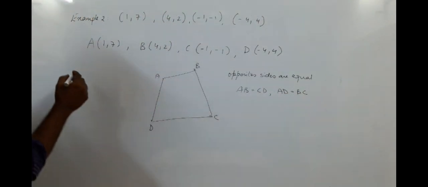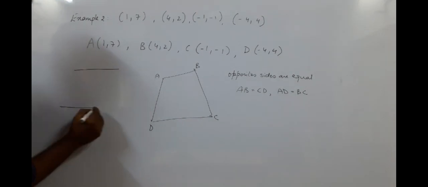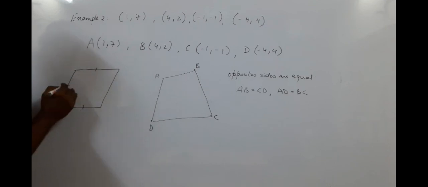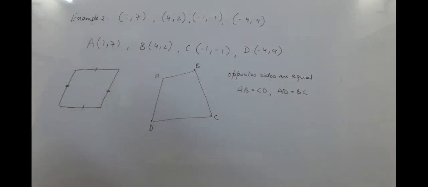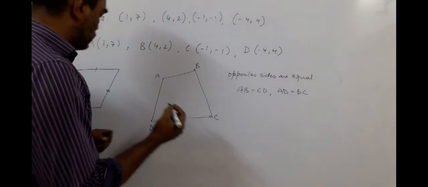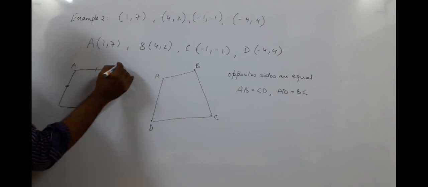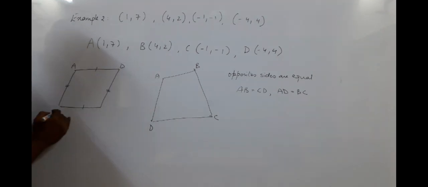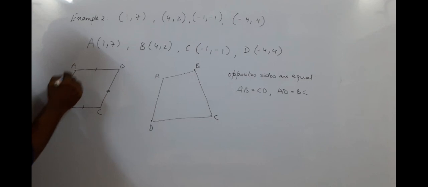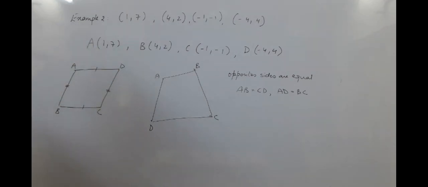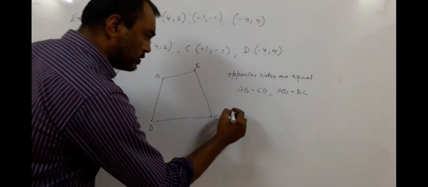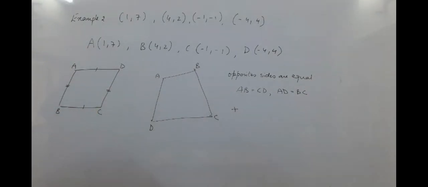So if this side and this side are equal, this and this are equal, it forms a parallelogram, right? In a parallelogram, the opposite sides are equal. So if we have AD equal to BC and AB equal to CD, then it forms a parallelogram. But also, if after this condition of the parallelogram, the diagonals are also equal,